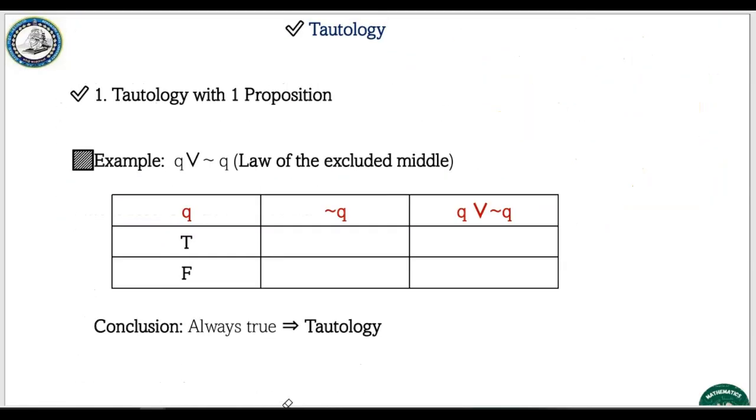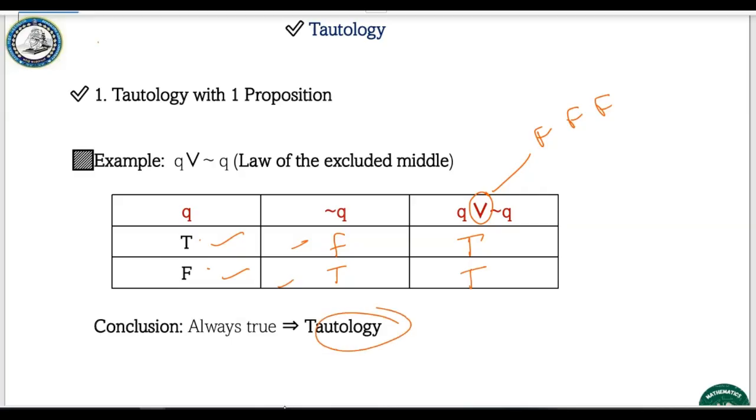a tautology with one proposition. So here, how to prove this is a tautology? T will become F, negation of F will become T. Now we have to find or for this too. What is the condition for or? Or is F and F, it is F. We'll just check: do we have F and F? No. That means both the values are T, therefore it is a tautology. Then moving on with the next question, we have